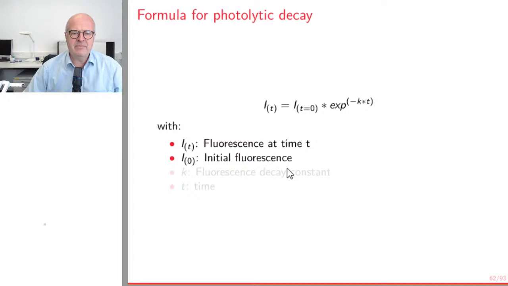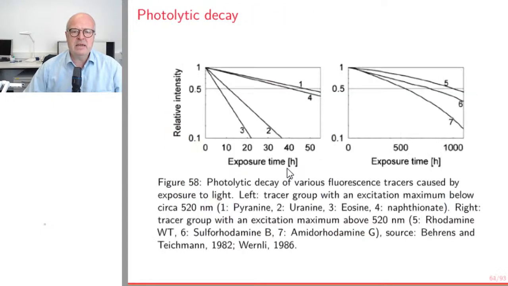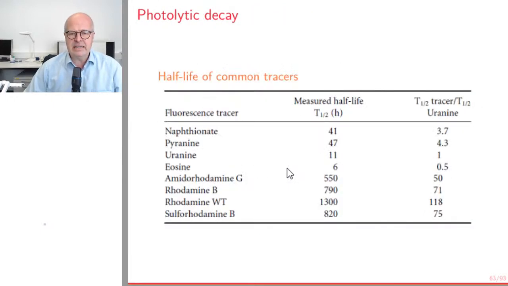You have a fluorescence decay constant that is typical for your tracer, and of course time. And these decay constants are given, so you can also express them in a half-life, which is the concentration ratio giving exactly 0.5 between initial and actual, and the half-life is given here, and you see a dichotomy or division